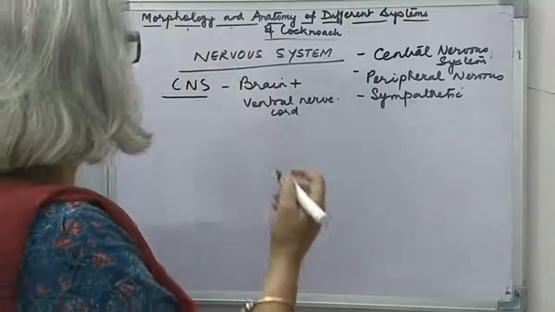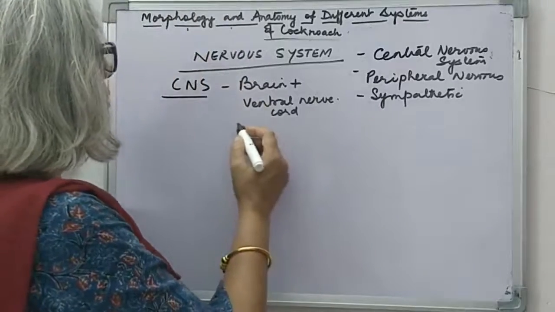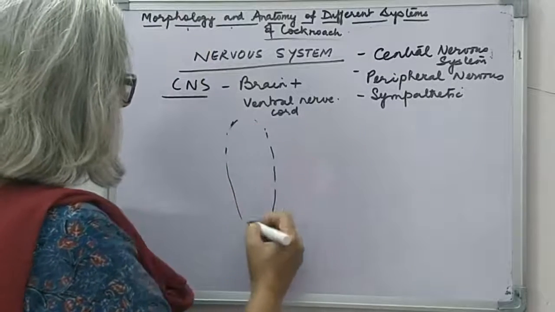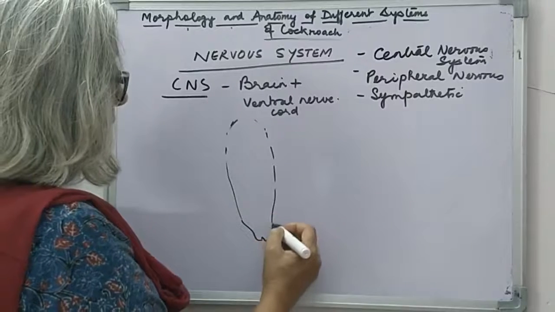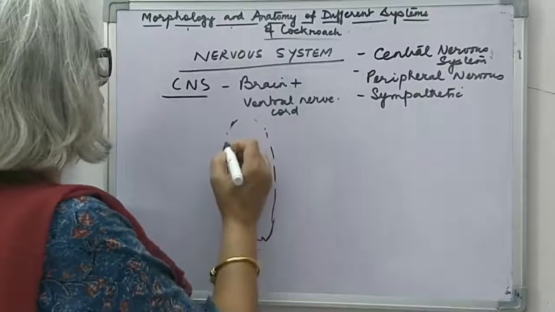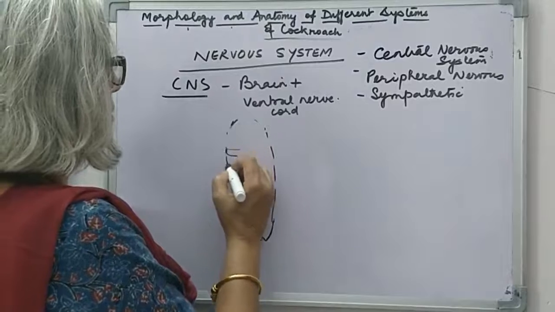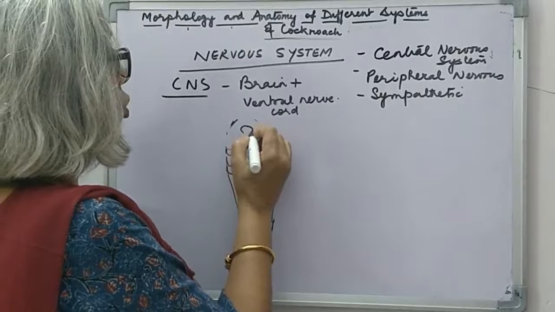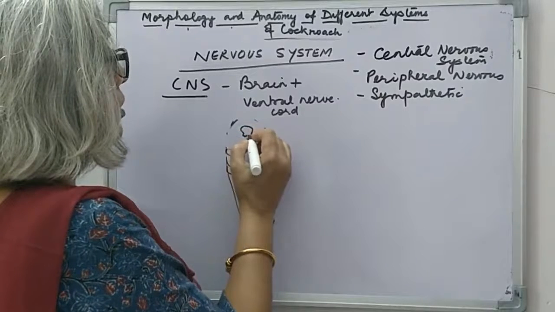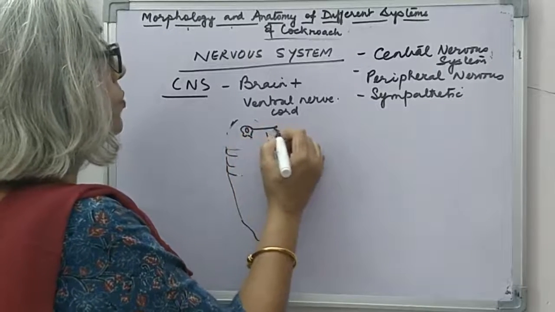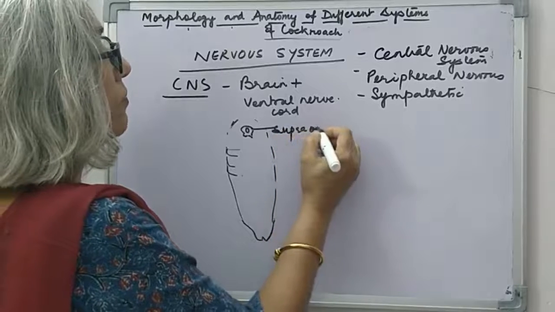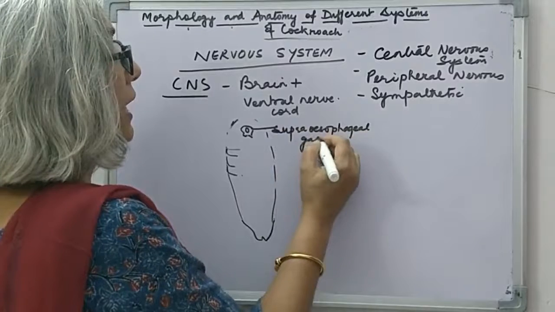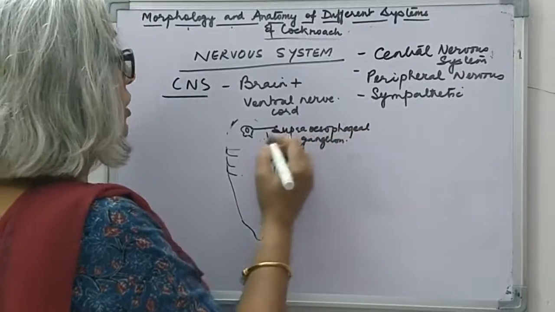So if we look at the structure of the nervous system, say this is the head region and the abdominal region like this, the 10th segment. These are the first 3 abdominal segments. There is a large bilobed supraesophageal ganglion located in the head region. This is actually the brain.